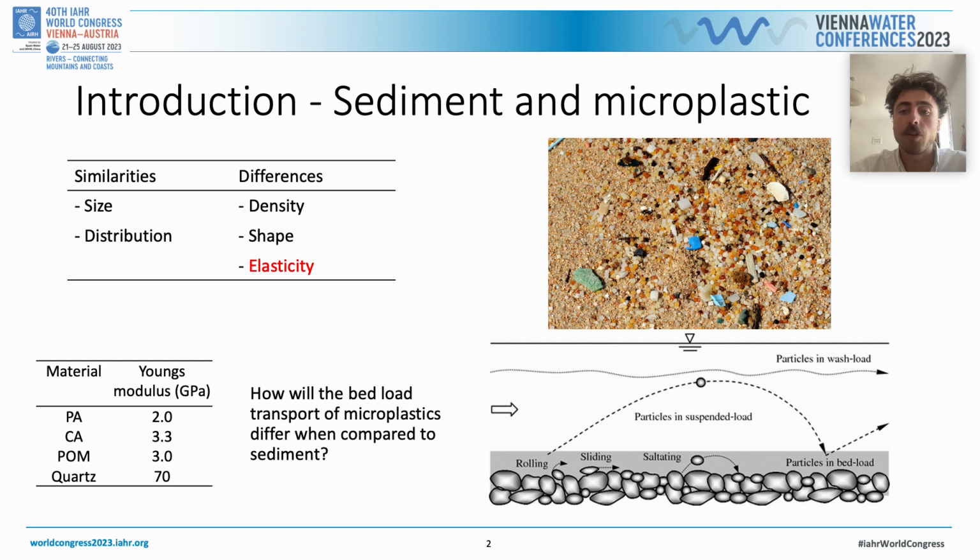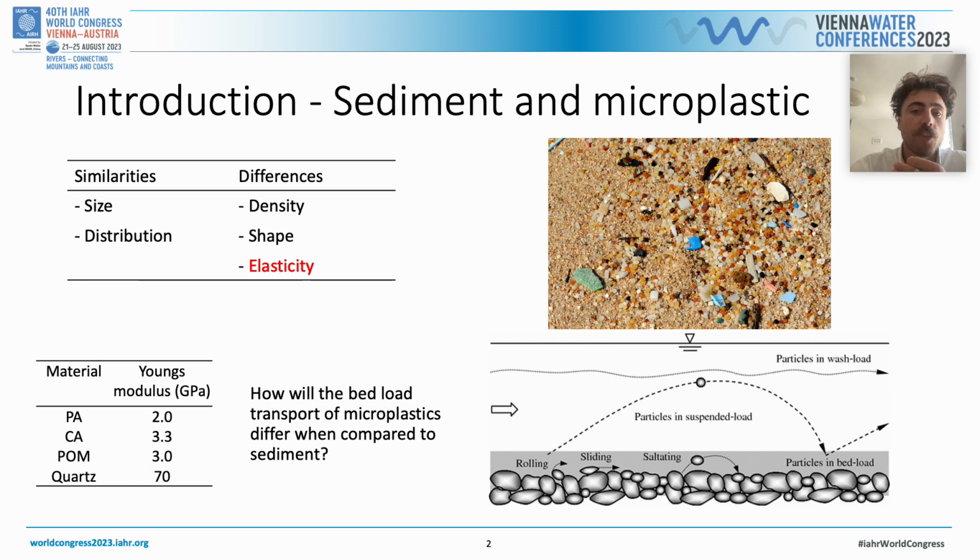Microplastics occupy the grain size distribution of sands and silt sediment. And they're also similar in terms of their distribution. They can both travel in rivers as bed load, travelling in the near bed region, and suspended in the suspended load region in rivers. However, they are different in terms of their density. Sediments are mostly non-buoyant and sink in water, while plastics and microplastics can be non-buoyant and also buoyant, so they can also float in water.